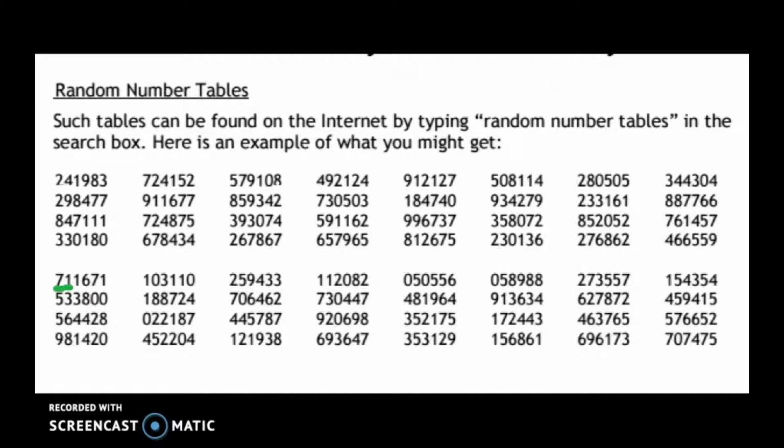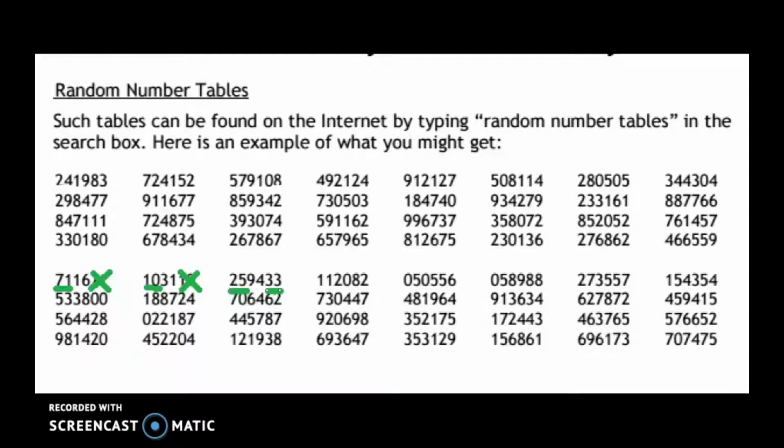Now, you don't necessarily have to use the first row. You can start on any row of this random number table. So in this case, I started on the 5th row. And see here, we got 71, 16, and then 71 is a duplicate, so we can't use 71 a second time. Then we have 10, 31, and then 10 is another duplicate,